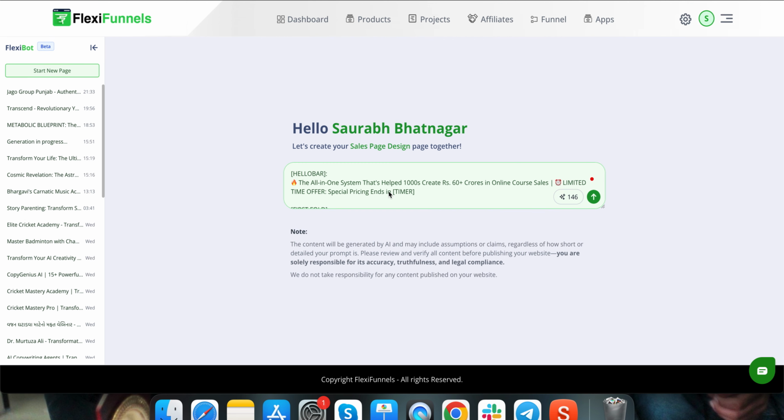So all these markers are given by the AI marketing engine. But if you are writing the copy, then you need to write down everything. So if you write the copy in a Google Doc or wherever, just write down what is the first fold, what is the next section, what is the third section.